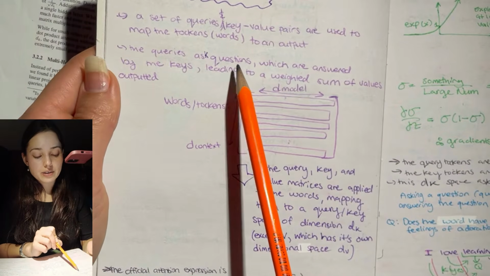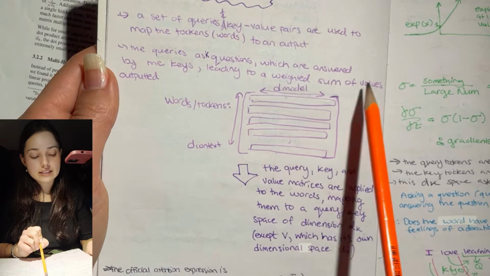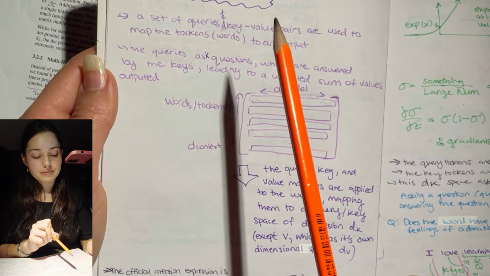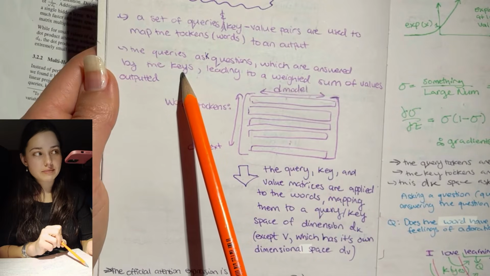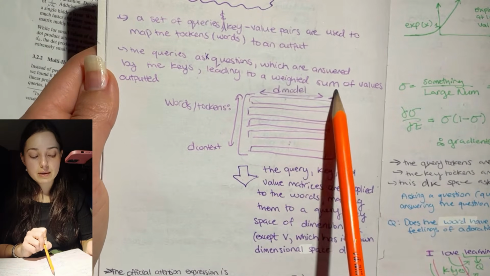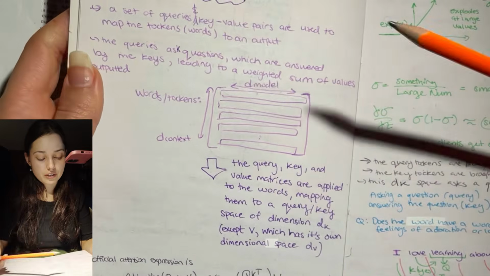The queries ask questions which are answered by the keys, leading to a weighted sum of the values outputted. So again, the queries ask questions which are answered by the keys, leading to a weighted sum of values outputted. So what that looks like,